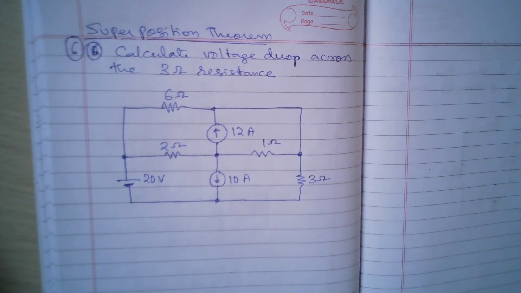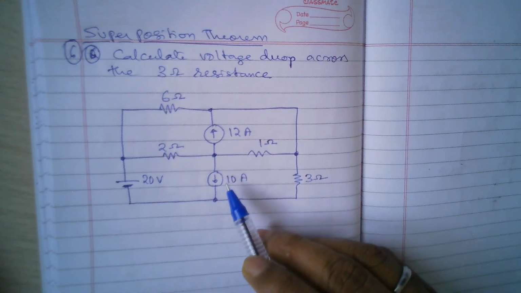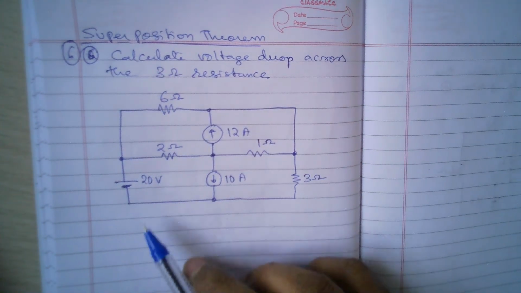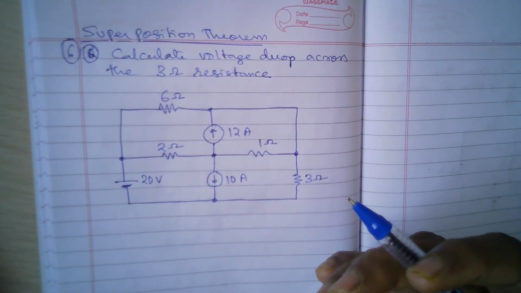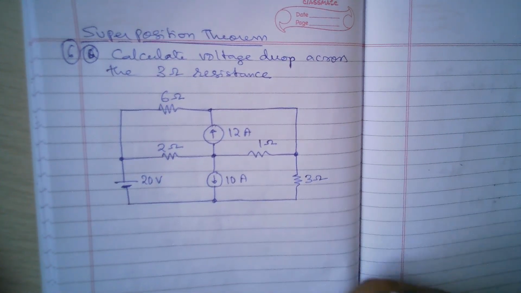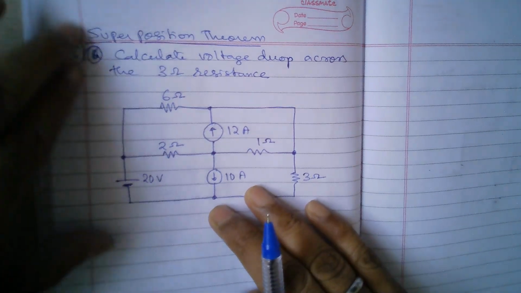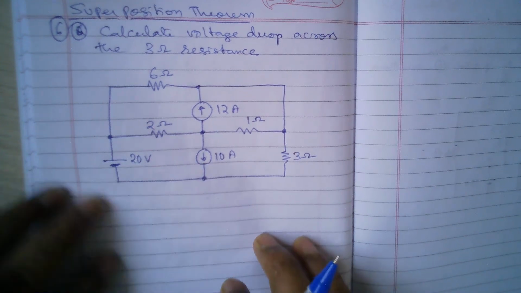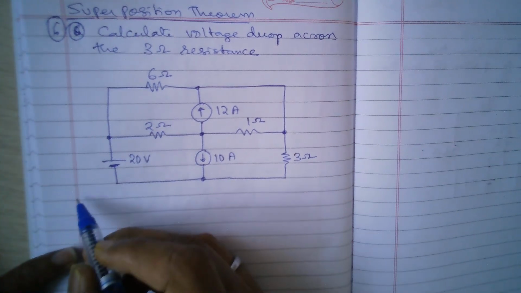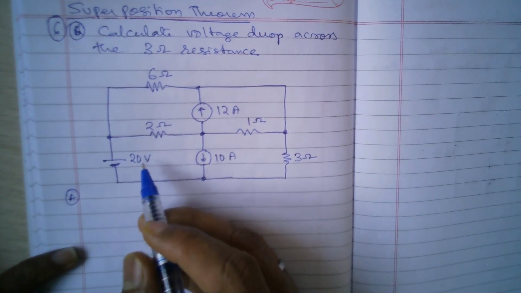Now, for doing this, we can consider one source at a time. So if you're already aware of superposition theorem, you can pause the video here. You attempt to solve it by yourself, and later you compare your answer with my answer. So right now I'll go ahead and solve this problem. Let's see how we'll be getting the answer. Okay, so consider